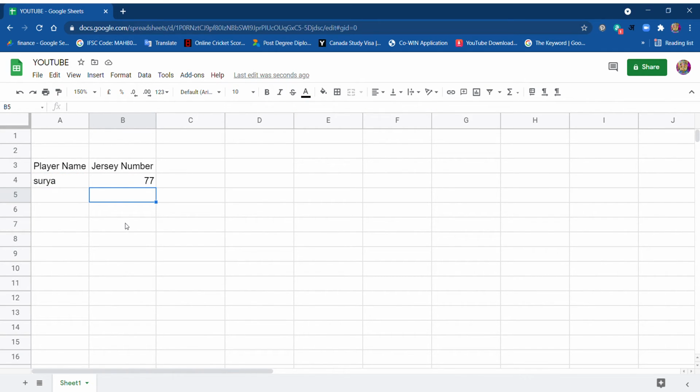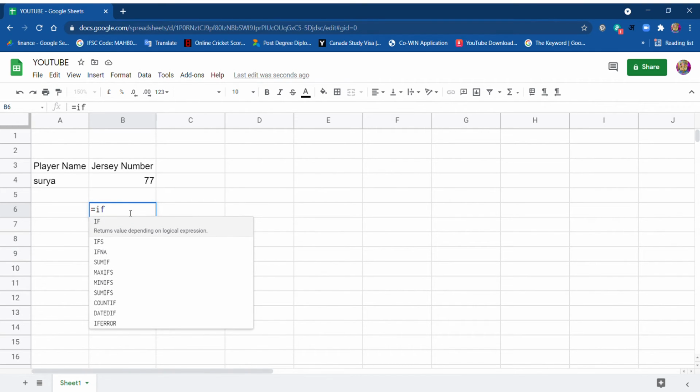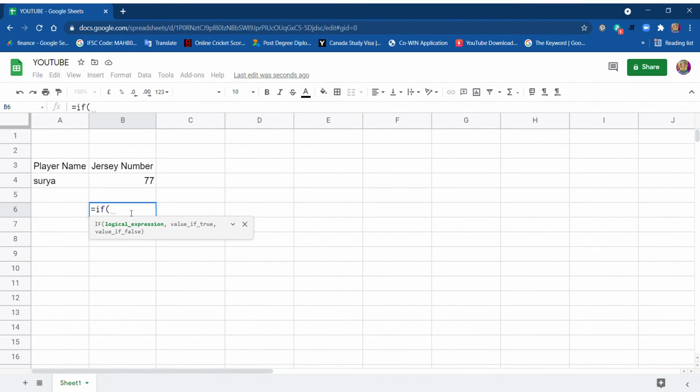Talking about the if function, it is nothing greater than Microsoft Excel. The if function works exactly the same as in Microsoft Excel. Logical expression, value if true and value if false. If this is equal to Jadeja, then give me the value 18, or else give me false.